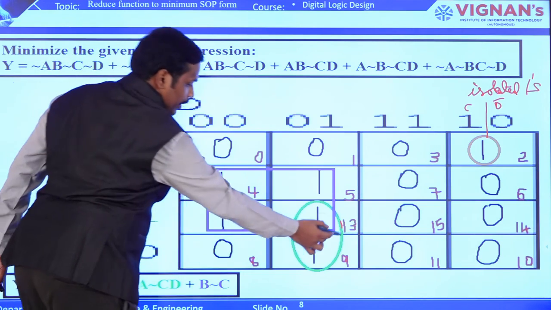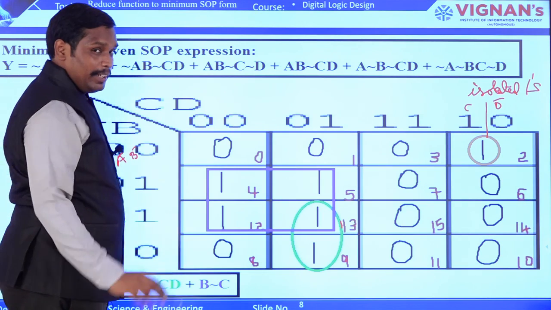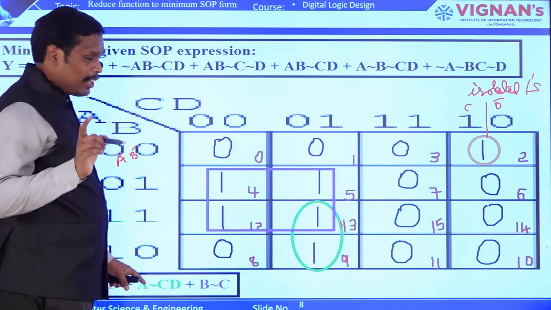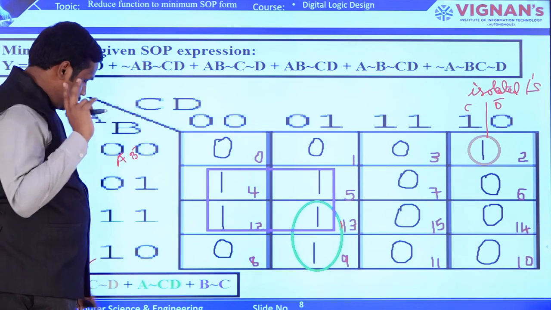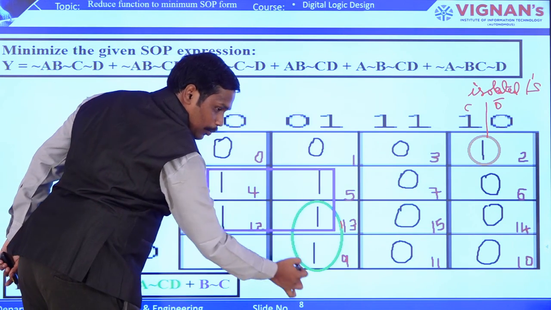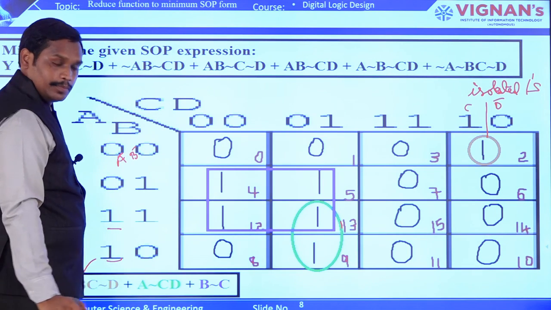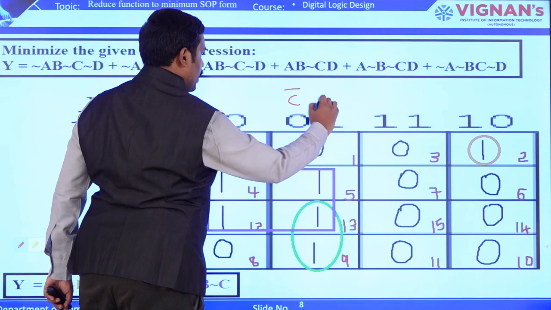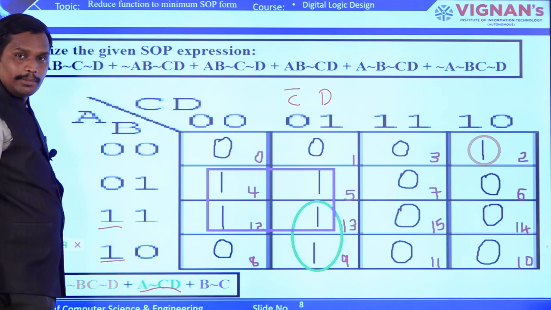Now for this particular pair, this pair 1 1, that is a pair. So pair means, as I told you, how many variables are reduced? Pair. So 1 variable is reduced because this is A B C D. So 4 variables are there, in which 1 variable is reduced because this is a pair. So for this particular 1 1, you can see here this A is the same, and then here you can see this is C bar D. So that is the reason why you are going to replace it with A C bar D.